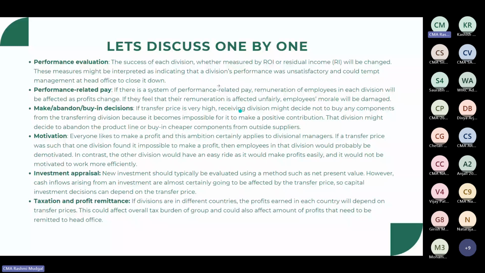Next is performance related pay. If my performance is good, I'm getting good pay. If there is a system of performance related pay, the remuneration of employees in each division will be affected as profit changes. If they feel their remuneration is affected unfairly, their motivation drops. If transfer pricing is very high, we can see,